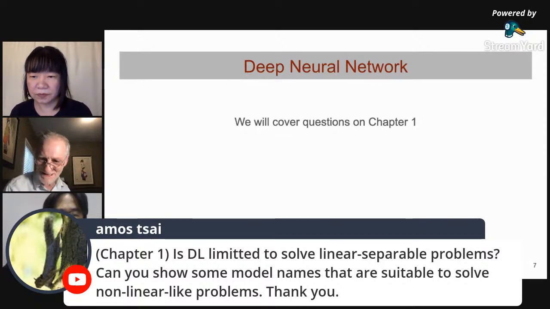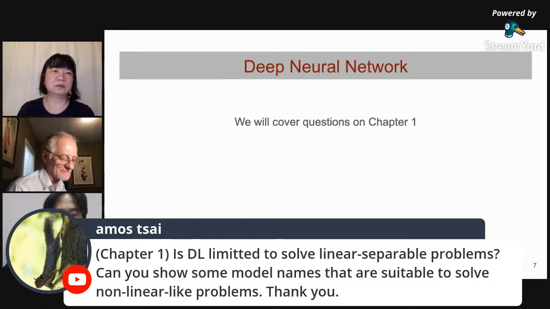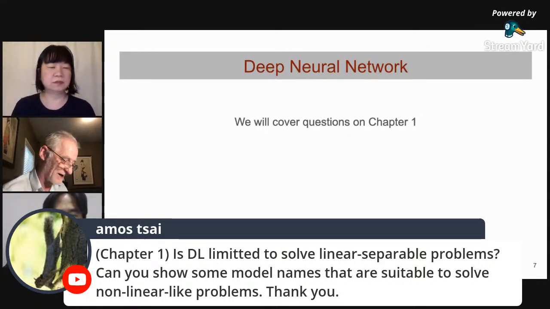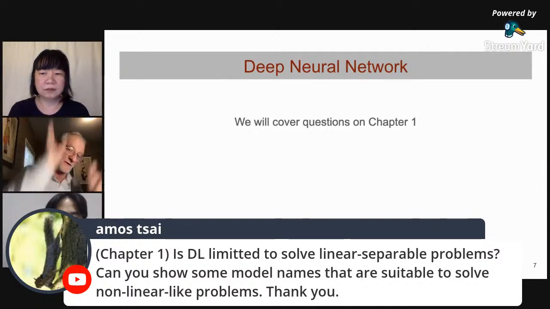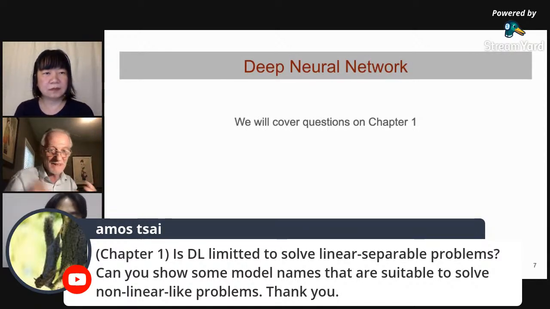I'm not exactly sure, but I know what they mean by linear separability. Matter of fact, problems that are linearly separable, in presumption, could be solved through linear regression. Deep learning, on the other hand, specializes in problems that don't have that clear separation, where you can draw a line. Everything on this side of the line is A, everything on this side of the line is B, or a hyperplane in a multi-dimensional space. Everything in this quadrant over here is A, and this quadrant here is B and C.